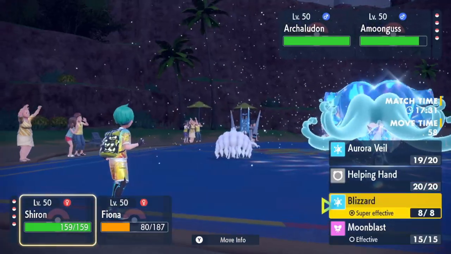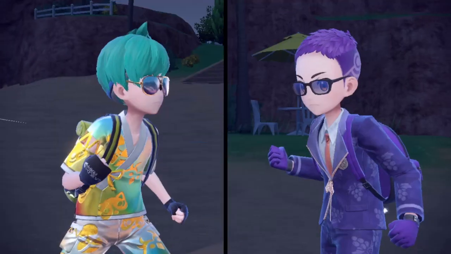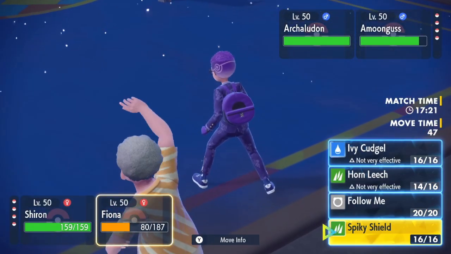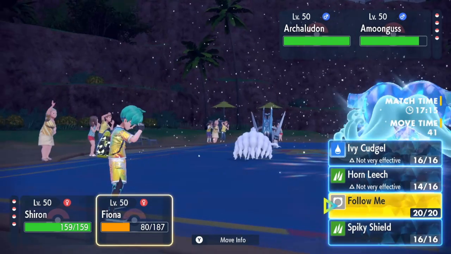I could just Blizzard here. I wish I had Freeze-Dry on this, actually, but I just have Blizzard. I don't know. I'm just going to Blizzard here. I'm not really too scared of the Archaludon, if I'm being real. He could also just bring it in and switch it out here as well. He could switch one of the things out on his side, so...